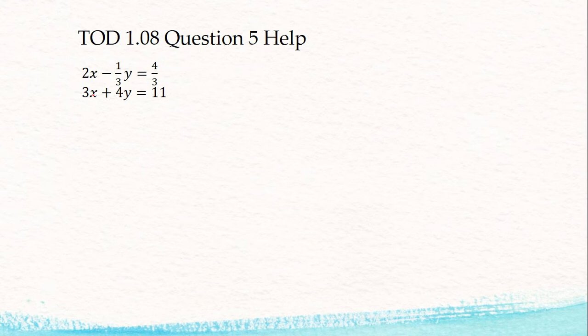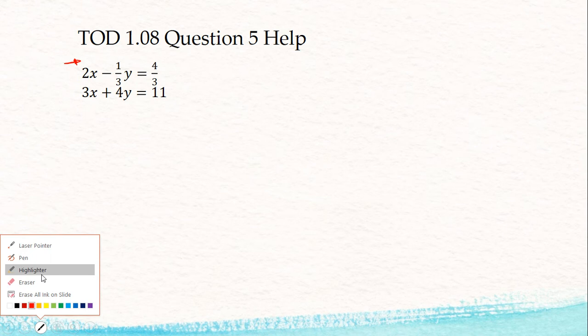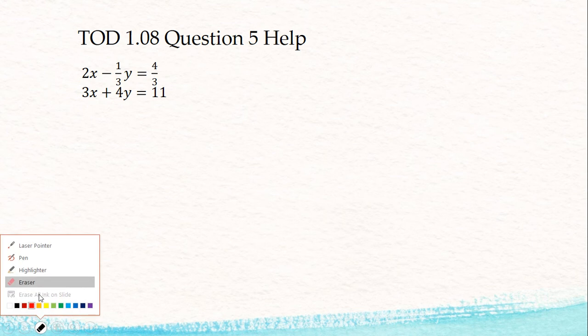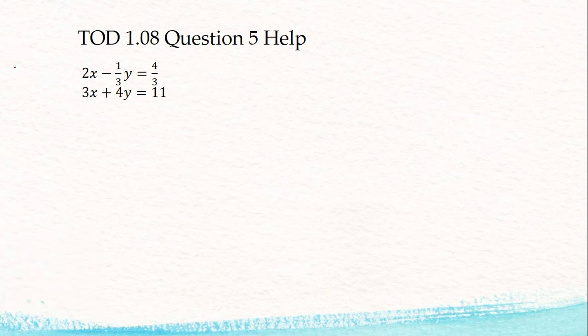So one of the things we talked about is when we see a fraction in our system of equations. We can see here in this first equation we have a fraction. Notice that both of the denominators are 3 in both of those fractions. So in order to help eliminate that and to get rid of the fraction so we don't have to deal with it, the best way is to go ahead and multiply by whatever that common denominator is in your problem. So we're going to go ahead and multiply everything by 3. And that's going to get rid of